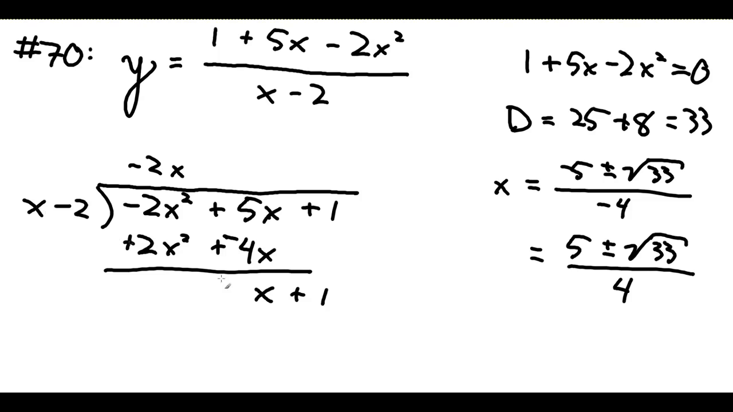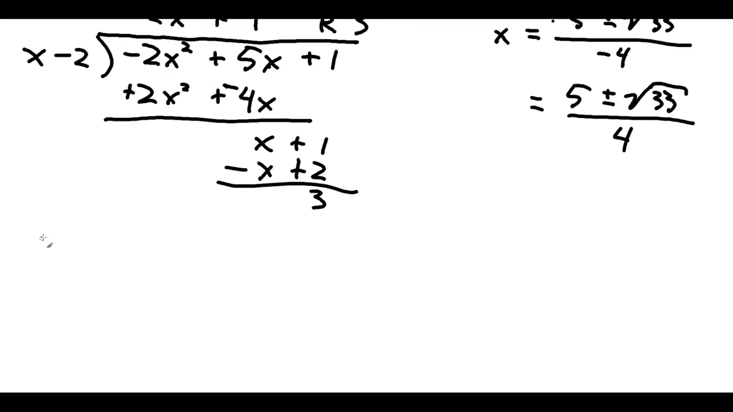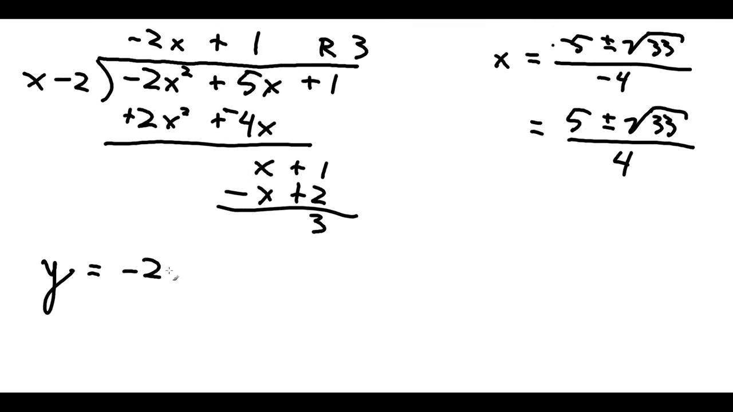Now we say, okay, x into x plus 1. Well, x times 1 is x. So we have a plus 1. 1 times x is x. 1 times negative 2 is negative 2. We subtract, negate, and add. We get 3. So we have, as a quotient, negative 2x plus 1 with a remainder of 3. And that means that our original function, y, is equal to negative 2x plus 1 plus 3 over x minus